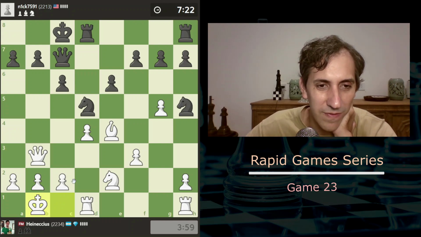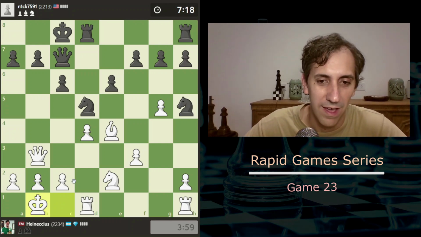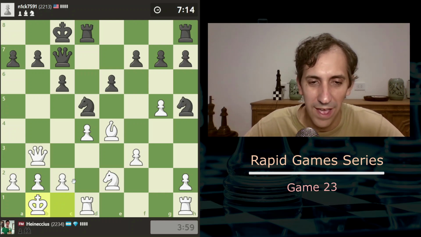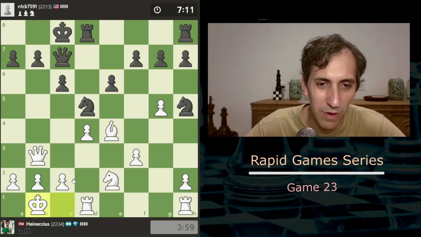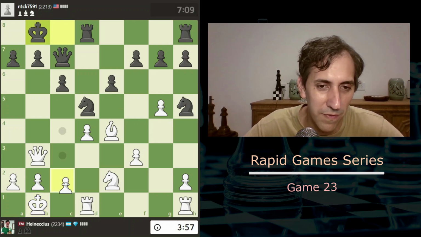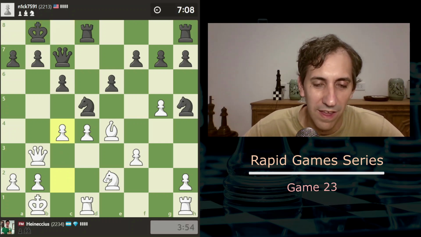But I guess we're still fine. I mean, nothing terrible has happened, not compared to the game I lost where I was in trouble down on the clock and everything was going wrong. This is more or less playable, even though my pawns are broken and I do prefer black. I have to state confidently that I prefer black's chances here, but